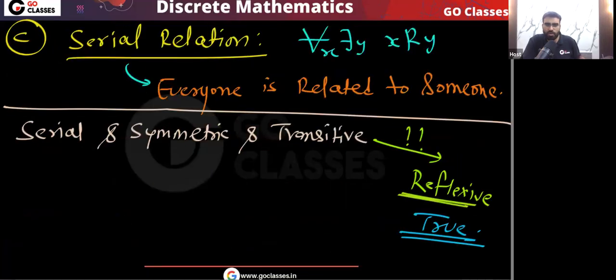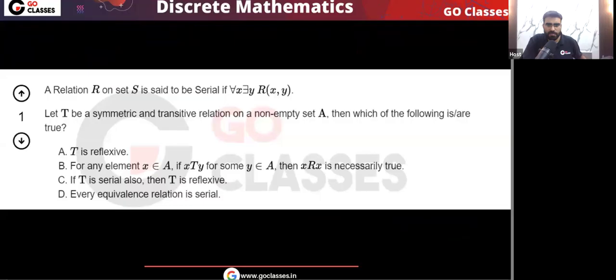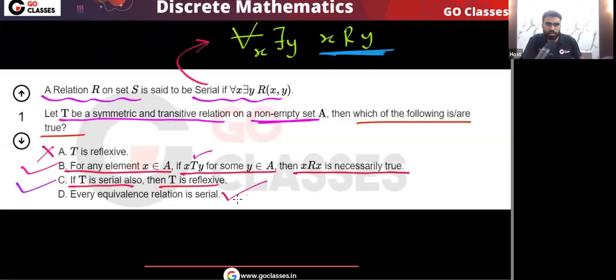Okay. So this is your option D. And we have seen that option D is also true. So for this question, what is the answer? Sorry. Yes, we have seen option C. We have seen option C, that is true. What about option D? Tell me.